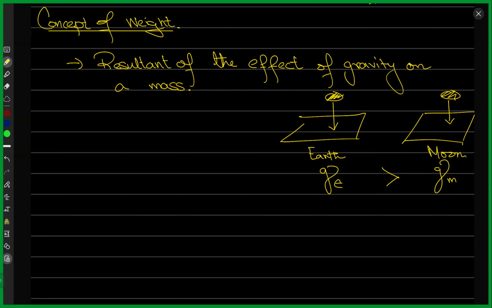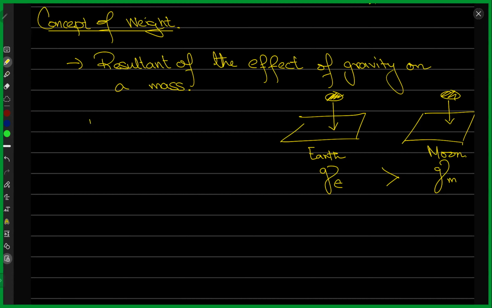All right. Okay, great. So we're talking about weight, right? Now, weight is, again, just a result of how gravity affects any mass. On Earth, because gravity is stronger compared to the moon, you can think of g_E and g_M as the strength of gravity, and on Earth it's stronger. So the weight of any object on Earth would be more compared to the weight of the same object on the moon, while the mass remains the same.